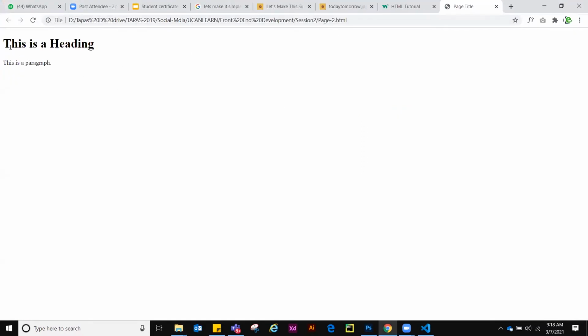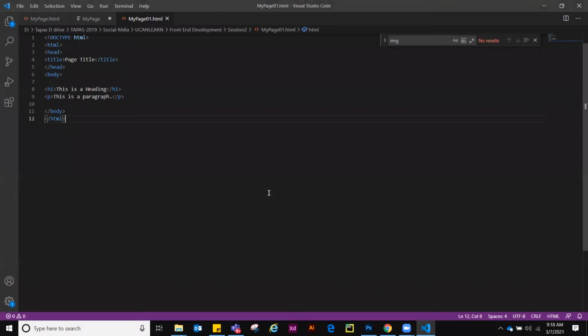Okay, so I have opened this page in the browser. Now Shubhajit, tell me your question. What do you want to do? If I want this heading to be small, right, because it is full left, and if I want to put it a little to the right, what can I do?